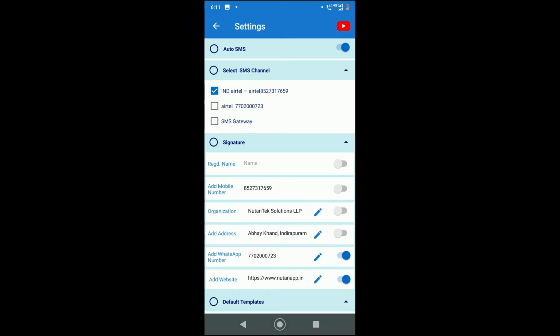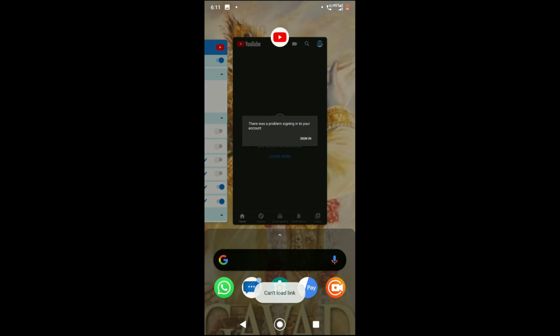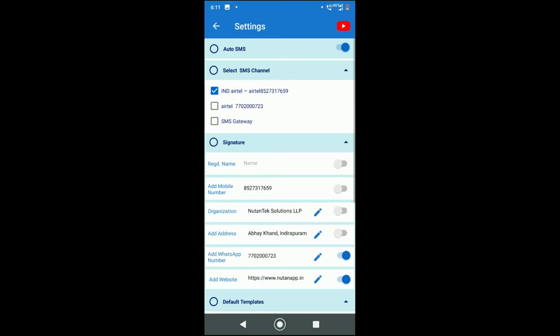The first option is, you see on the right corner, the red color icon of YouTube. So this video is placed here. Anytime if you need any help or you want to play it back and watch it, just click on it. It will open in YouTube and you can watch it. You have to sign into YouTube to watch that.